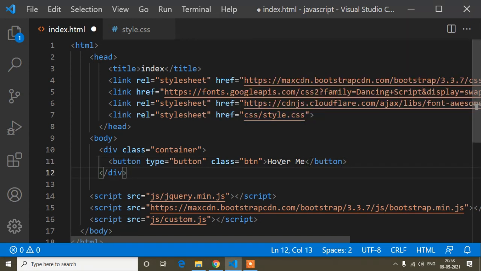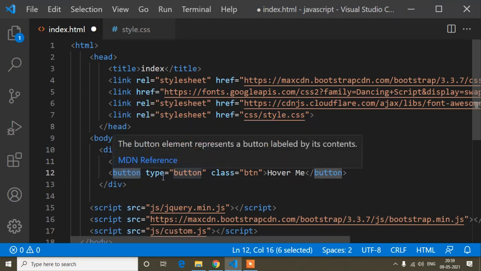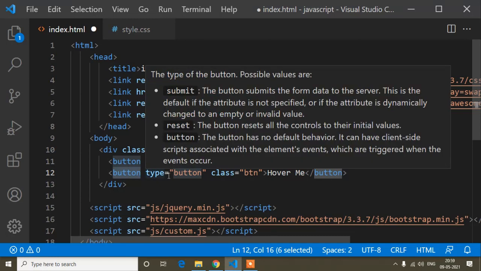Why do I use a class for adding CSS? Suppose here are two buttons, and this button's design will be different from that button's design. If you add CSS to the button tag, the button tag is present in the second button also, so they will have the same design.